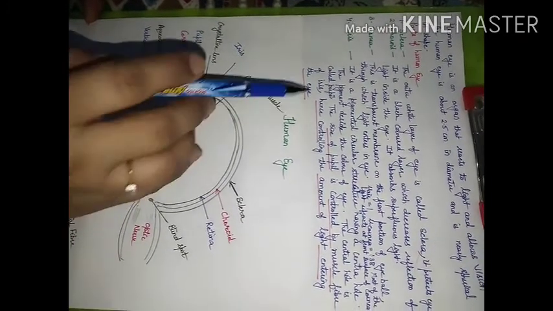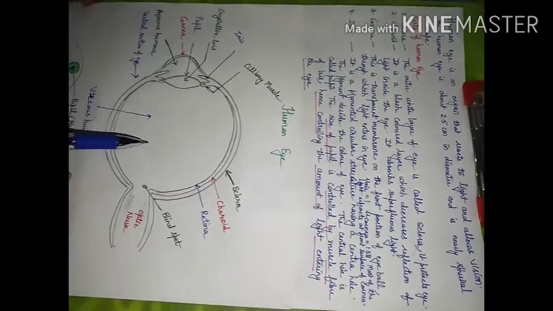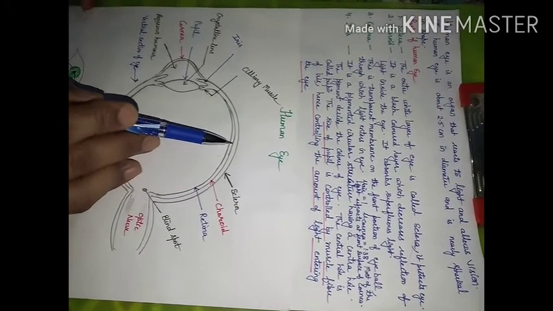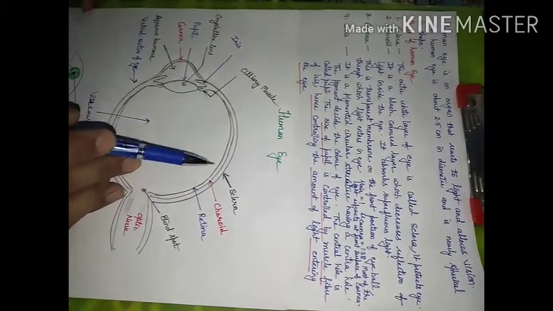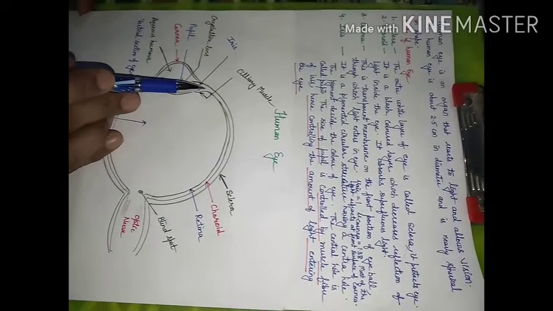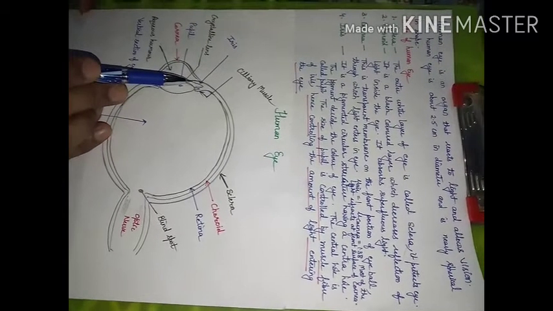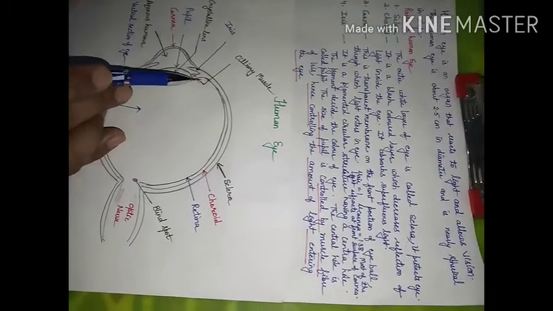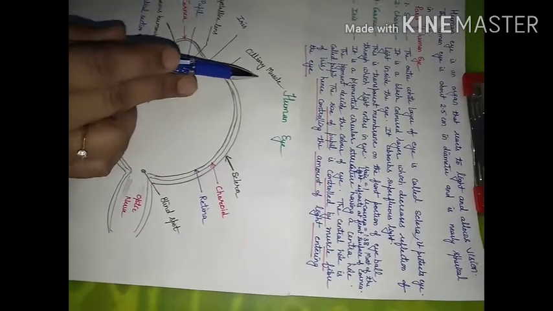The next part we will consider is the iris. What is the iris? If you see this choroid layer, it is thin here, and when we extend this side, it becomes thick, and we are going to consider two parts here. One part is known as the iris and the other is known as the ciliary muscle.